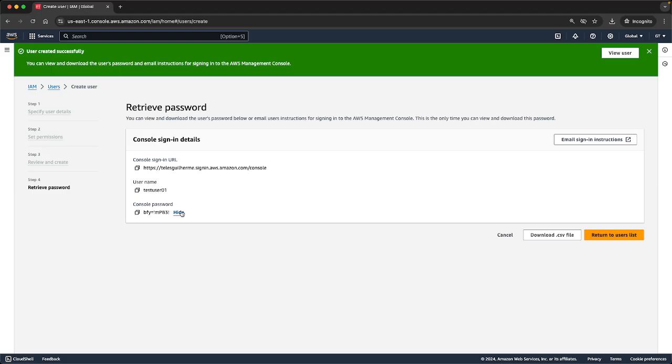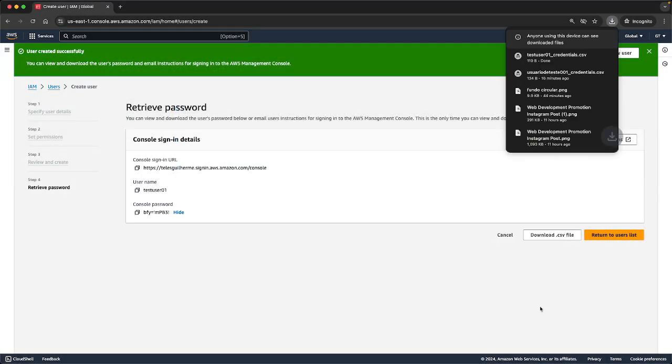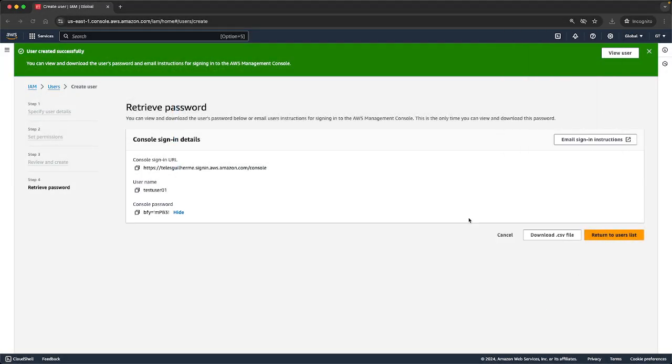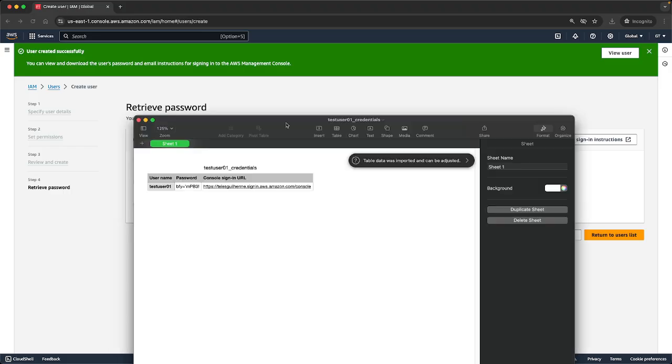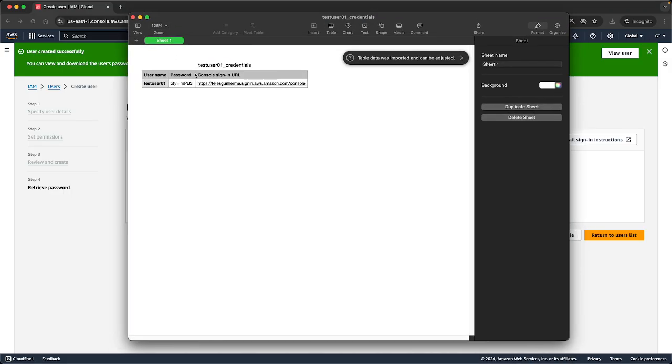Here we can download the CSV. I will click and save, and I will open that. We can see the information: the sign-in URL for your user to sign in, the username, and the password.